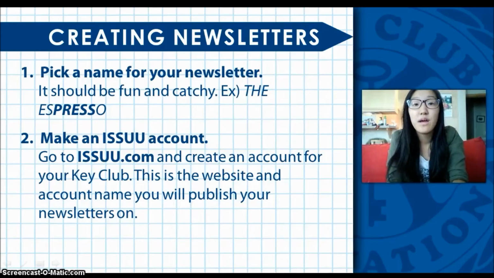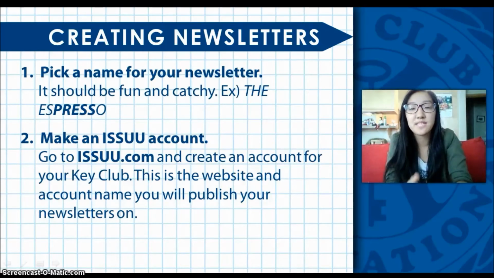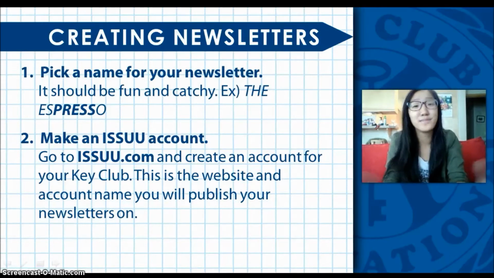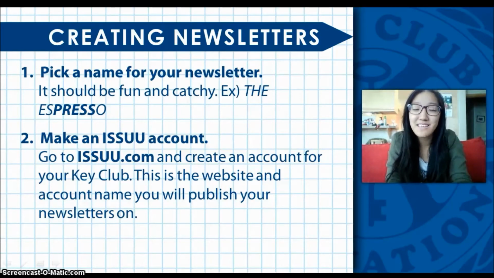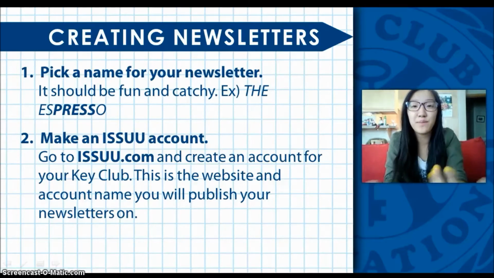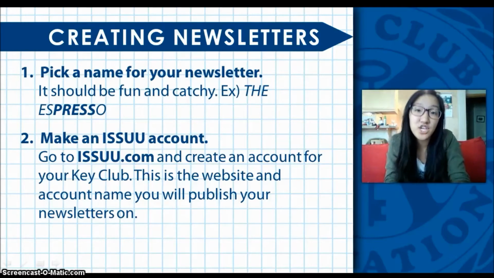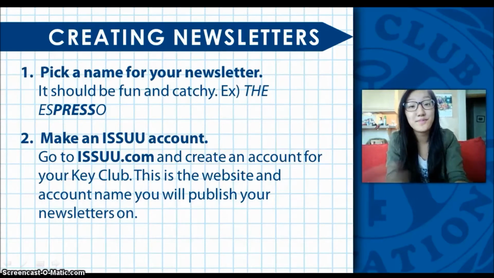So for example, the Pacific Northwest District newsletter is called the Espresso. It's called the Espresso because espresso reminds you of coffee, and coffee comes from Seattle, and Seattle's in the Pacific Northwest. So basically, it's just a very regional, punny thing. And also press is a reference to the communications and publications part of it. So definitely have something creative, witty, and fun for the title of your newsletter, because that can be a way to draw people into reading it without even having to open the newsletter.